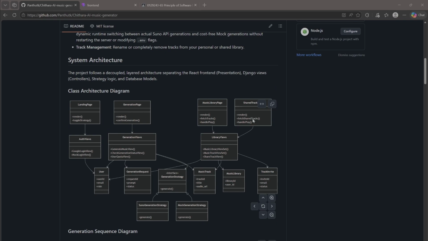Our library page and share page share the library view, which is used to view the owner library and the shared library. It also manages the music library and the invite system for this project.